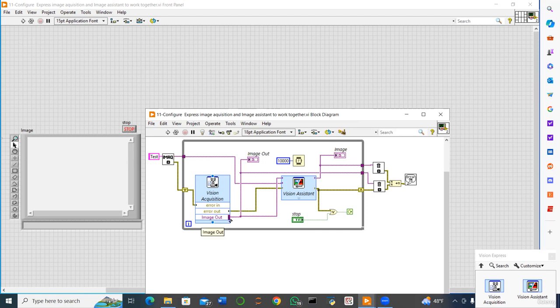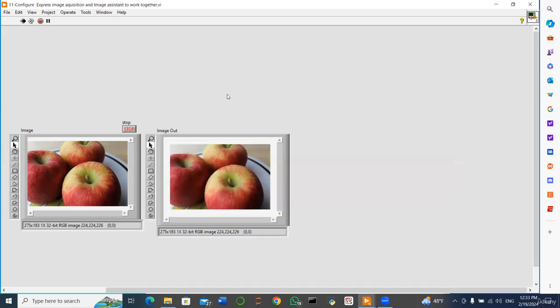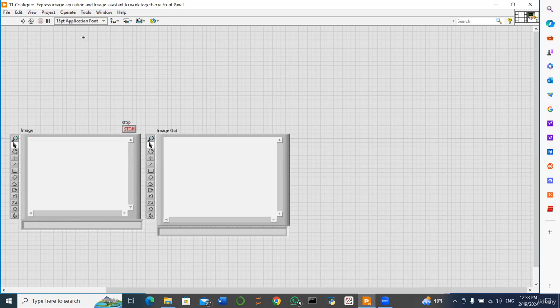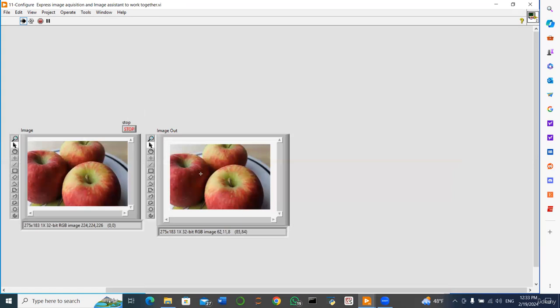The output must be an image, but not the apples, from where the apples come. If I run it again, I will have an output, which is, okay, the output is normal, the same,